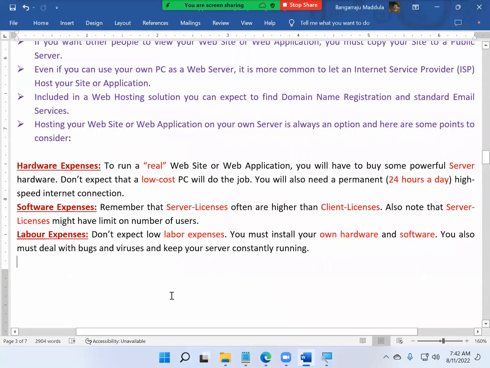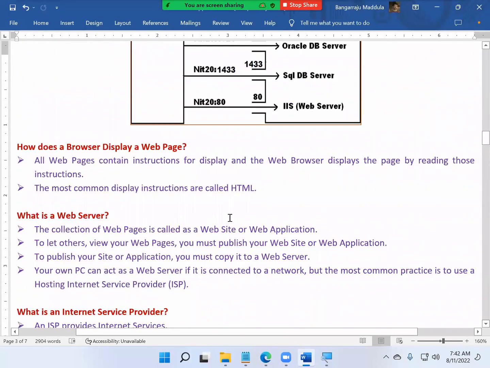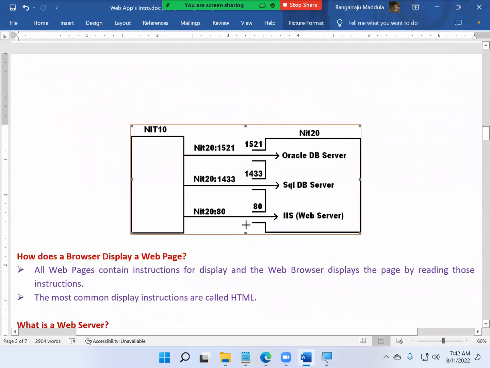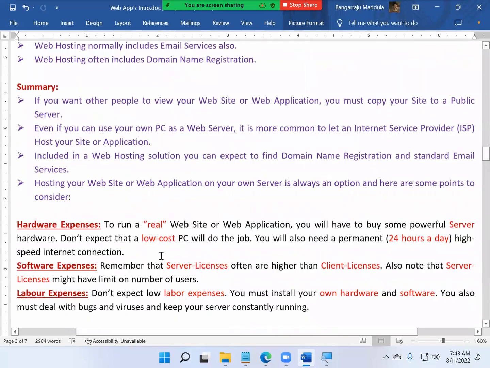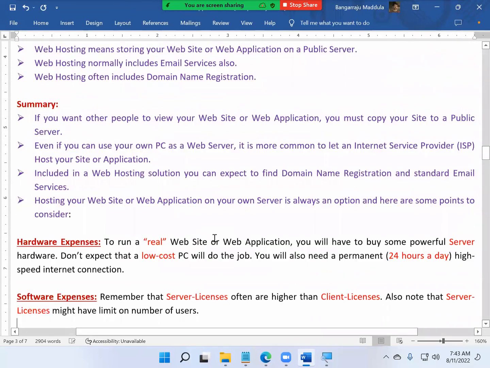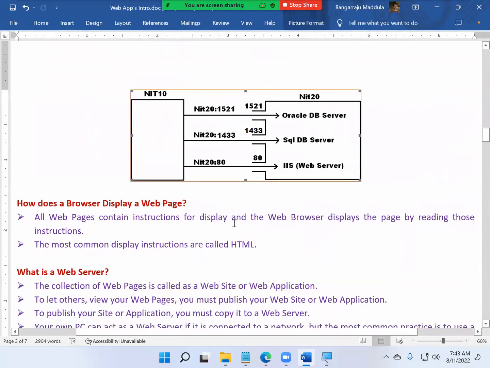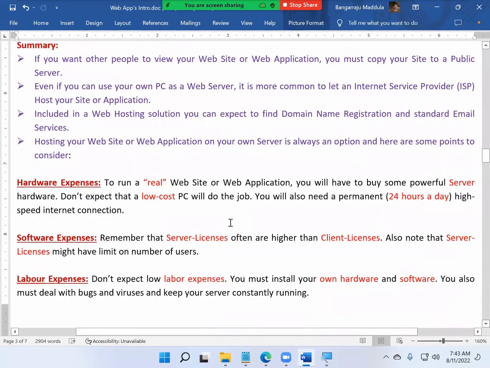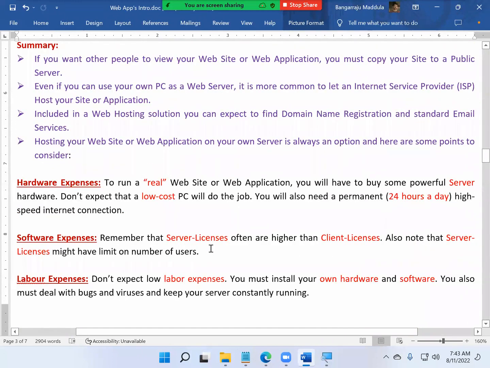Maintenance cost will be very, very high if you try to maintain any private servers. That's why it is always better to go with public servers than private servers. I hope you guys are clear. Yes or not? Okay, so this is about the labor expenses.